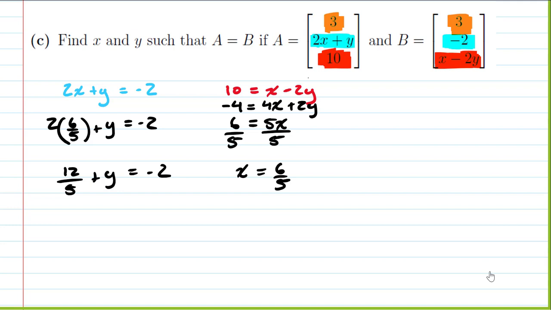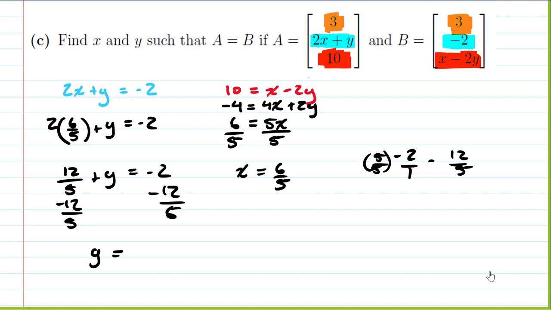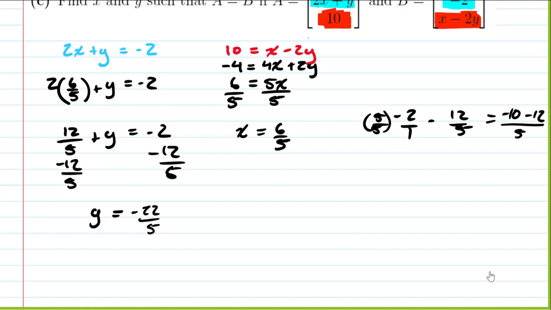Plug it back in. We minus 12 over 5, and we get y equals. So negative 2 take away 12 over 5, make it a fraction over 1. Multiply by 5 over 5. We would get negative 10. Take away 12 over 5, so negative 22 over 5. And that would be our x and our y that would make those two matrices equal. And this time that's the right numbers. So